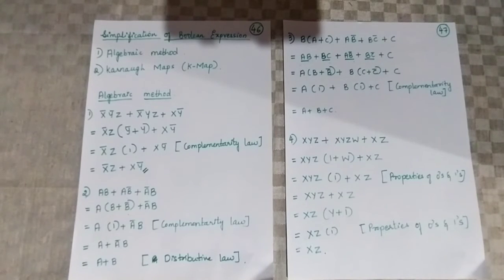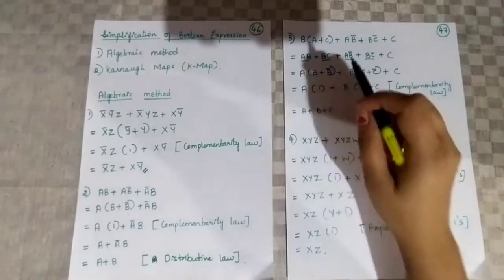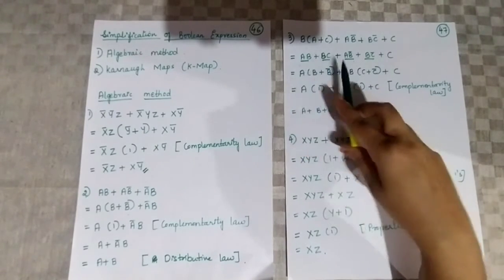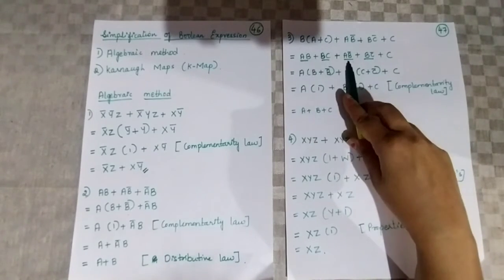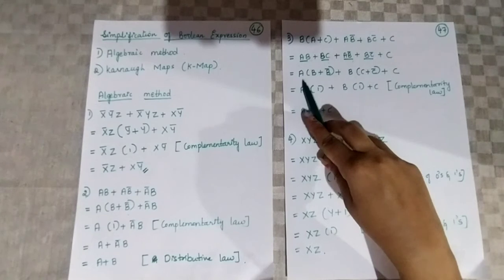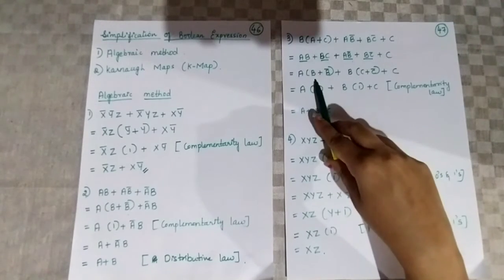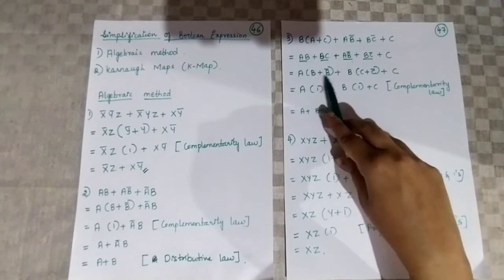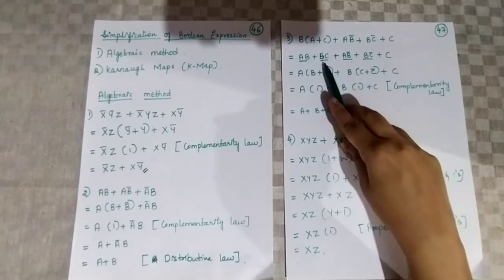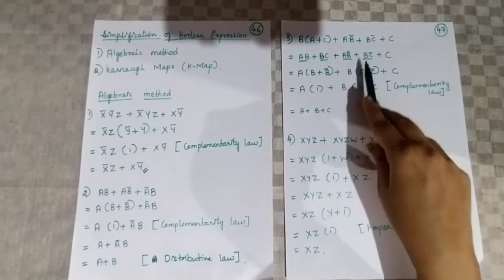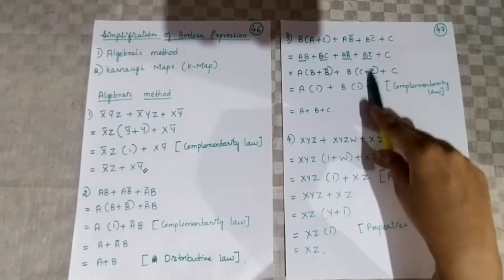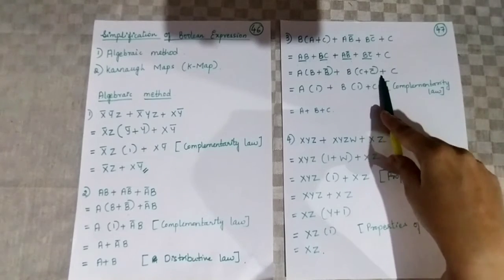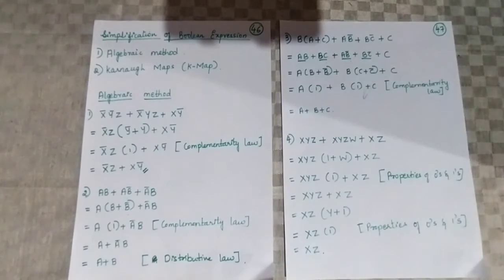Now you get the complete expression here. After getting this complete expression, now you have to check for the common terms. So let's see. Now here you are having AB and here you have AB complement. In these two terms we have A common, so take it aside. Then within the bracket here B is left out, here B complement. So B plus B complement. Plus, next you take these two terms. In this, B is common, here you are left out with C, plus here you are left out with C complement, plus the last term C.